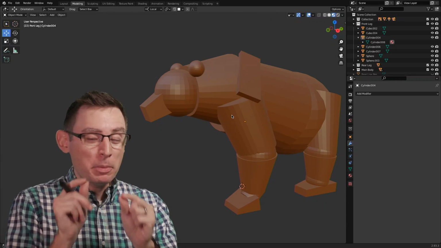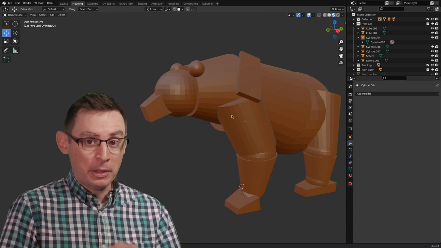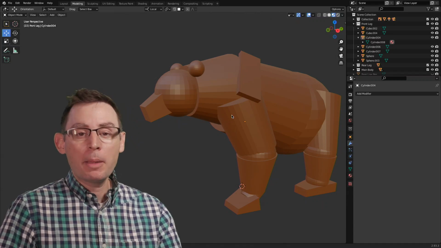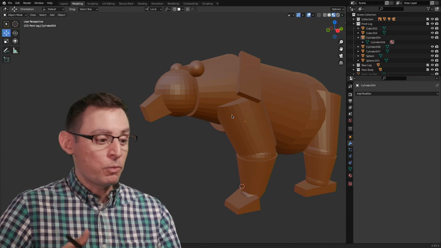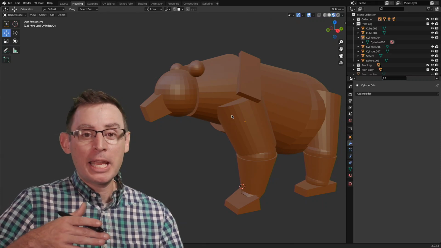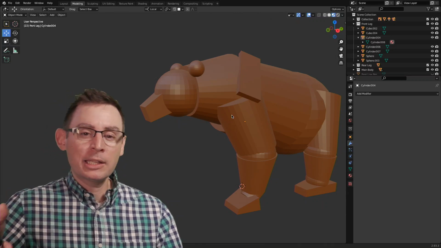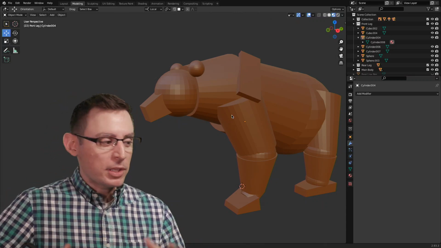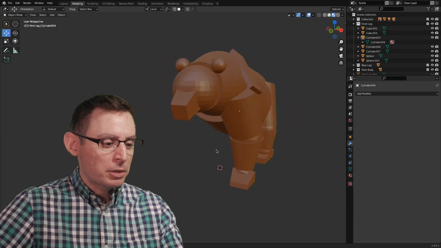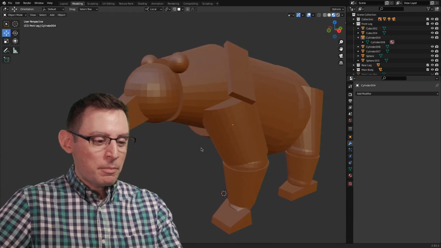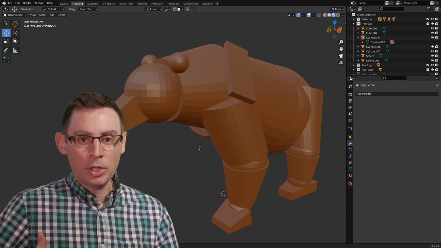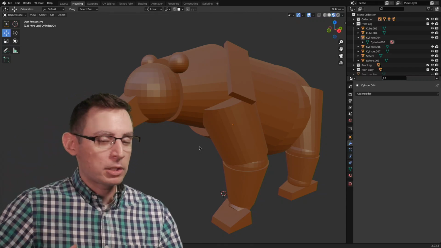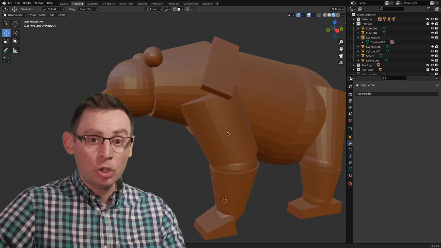Now, we talked a little bit about this in a previous video in the last module, but I wanted to spend some time talking about it in detail today because it really is the best way of working with geometry that needs to be the same on one side of the x-axis and then on the other. Now, previously, our duplication and our mirroring sequence was almost entirely reliant upon duplicating an object and then mirroring that object across the x-axis. Now, let me show you what I'm talking about.